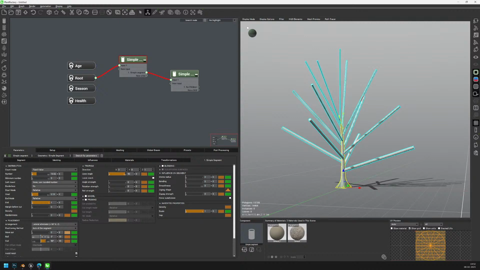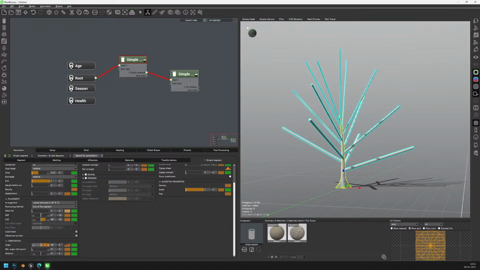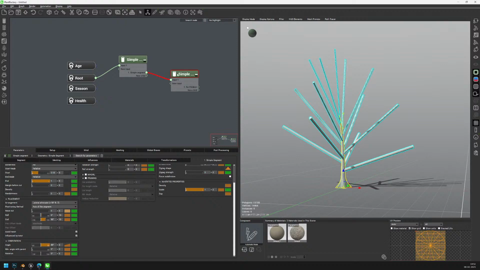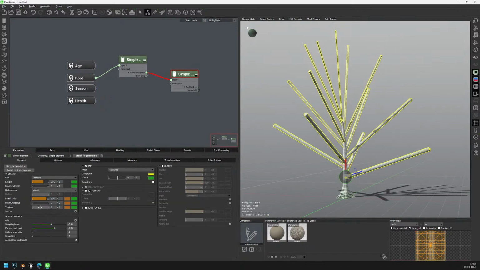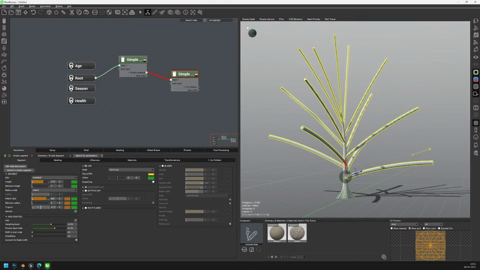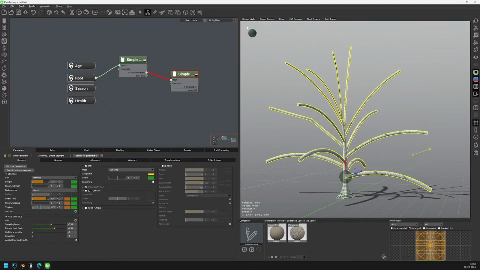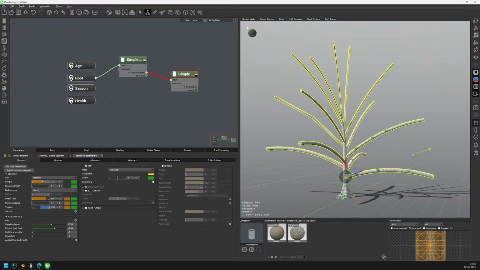And where is the angle again? Coil, not the coil, yeah, this one. So I make it, and I think we have to select this one, and then we can play with that for the segment, and we can add tropism so they fall a bit, and surely we don't want them to be this long. And this we can also inherit, like similar,